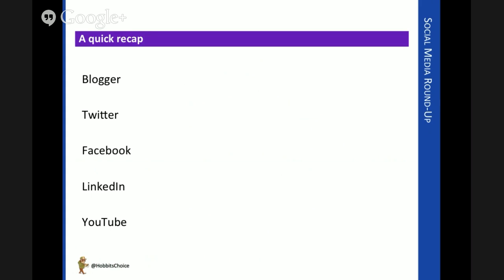As a quick recap, we looked at Blogger and seen how that can be a great way to have a more interactive form of website, build a brand, and establish thought leadership at either an organizational or individual level. We've seen how Twitter as a microblogging platform is ideal for many forms of short communication, including press releases, customer service and support, a whole range of options.